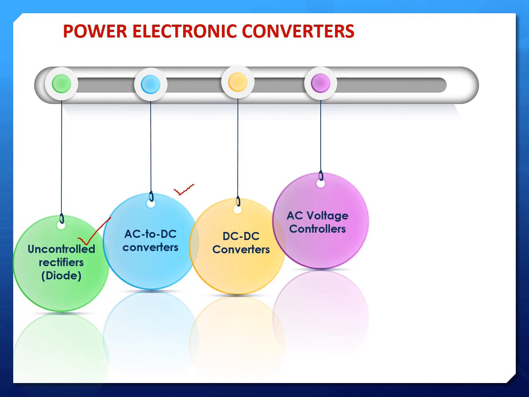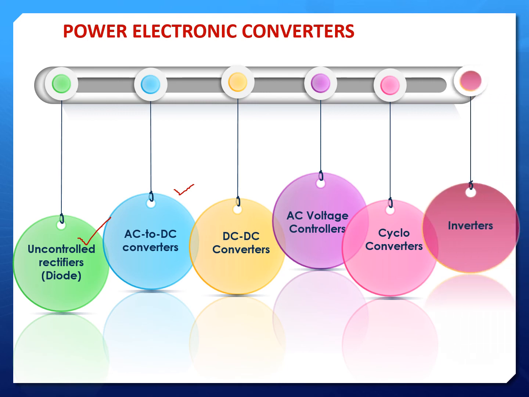And then AC to AC comes under the AC voltage controller, that will convert fixed AC to variable AC with constant frequency. That is very important. In the AC voltage controller, frequency will not change. Then another one is the cycloconverter. It will convert fixed AC to variable AC with variable frequency, or preferably we call it fixed frequency to variable frequency. That also consists of different classifications. We'll see that also. And then the last one is the inverters. It will convert fixed DC to variable AC, with constant frequency as well as variable frequency.